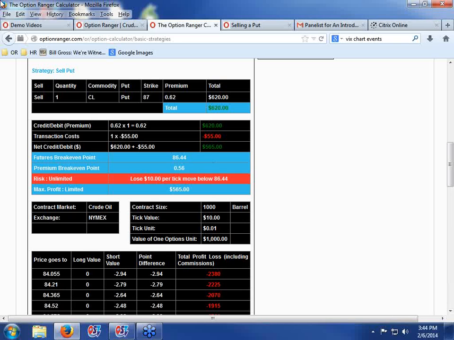You have a margin of error for this market to drop from the current price of 96.72. It would have to drop over $10 by the May expiration in order for you to incur losses. However, this is a margin trade, so for every tick that it moves under that 86.44 level, now you would be not only having paid back the $565 net that you've collected, but you'd lose $10 a tick all the way down. And as you can see,